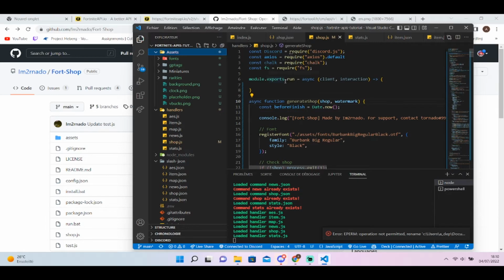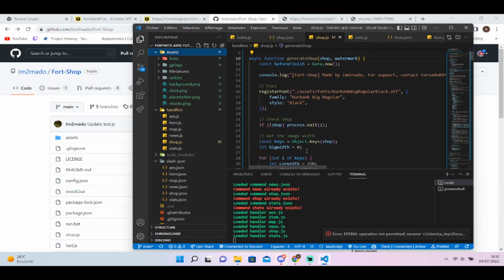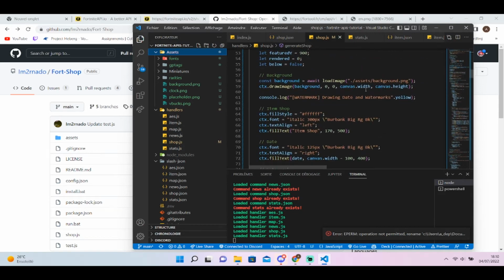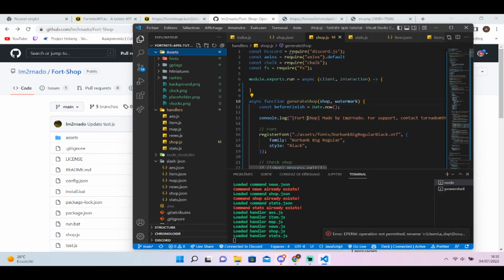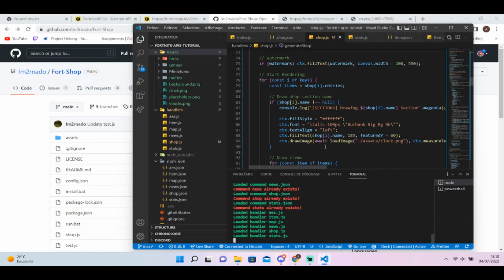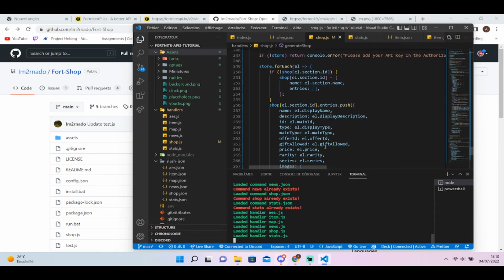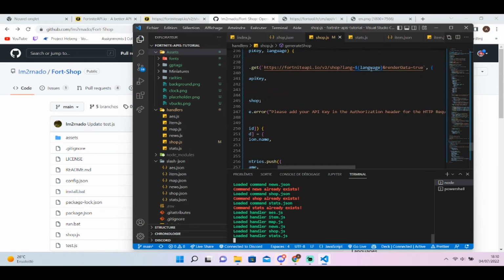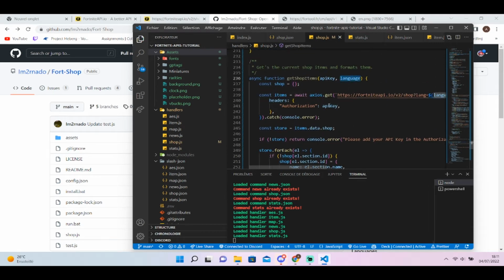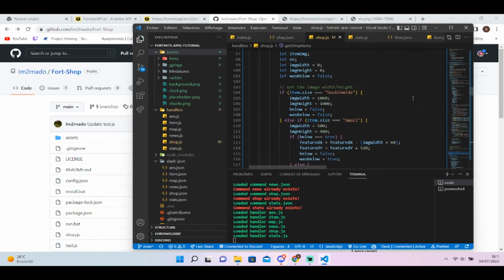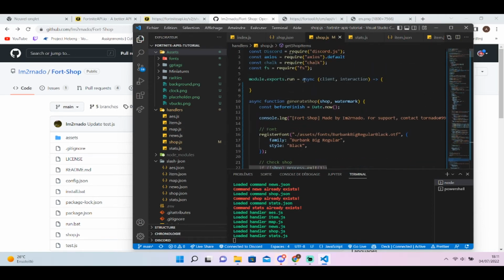Here, we're going to be using the get shop items command. But to do that, we need to go below and change the API key, because Fortnite API depends on the API key. The language will be set too. We'll start off with English because it's the simplest and most used, but you can adapt it to your code. Then you go up top and do a const shop items,